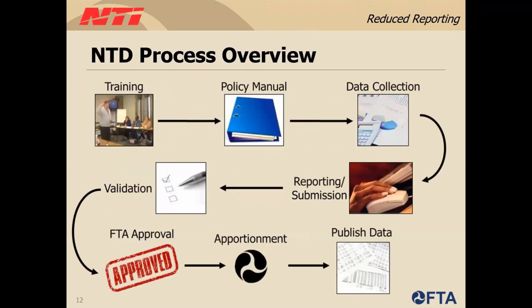Here is the general flow of the NTD reporting process. All agencies begin with reporting training and familiarizing themselves with the NTD policy manual. The agencies compile and collect their data once their fiscal year ends. Then, the agencies enter it into the NTD system and submit it for their first review. And their assigned analysts will review the data and send it back with revisions or requested clarifications. Once the report is finalized, it is sent to FTA for approval, and then the data is eventually published on the NTD website for general public use.